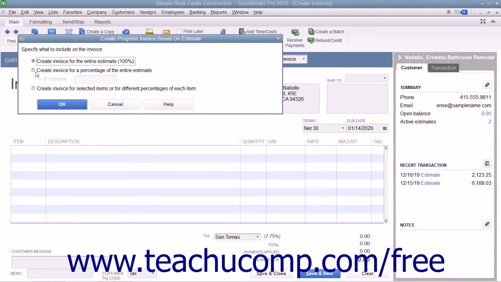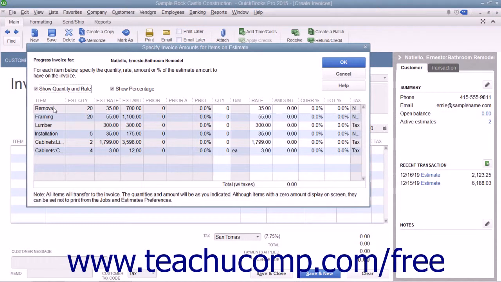If you select the second option, enter the percentage of the total estimate to place into the current invoice by typing the percentage to bill into the percent of estimate field. Then click the OK button to transfer the selected percentage of all the line item amounts within the estimate to the invoice window. If you select the third option, click the OK button to open the Specify Invoice Amounts for